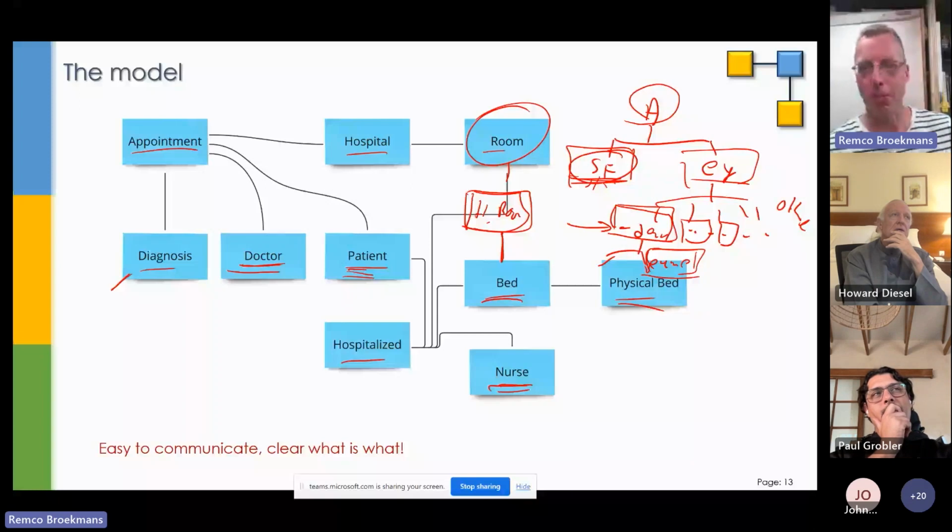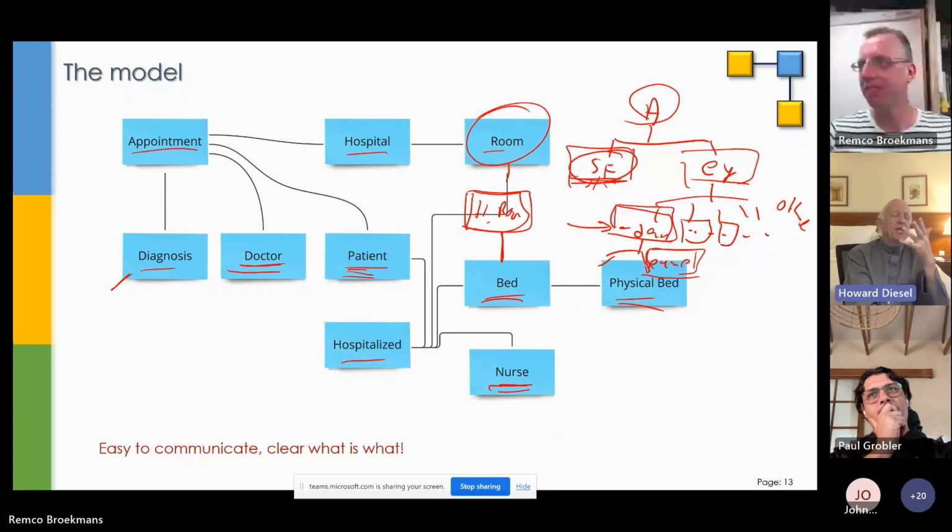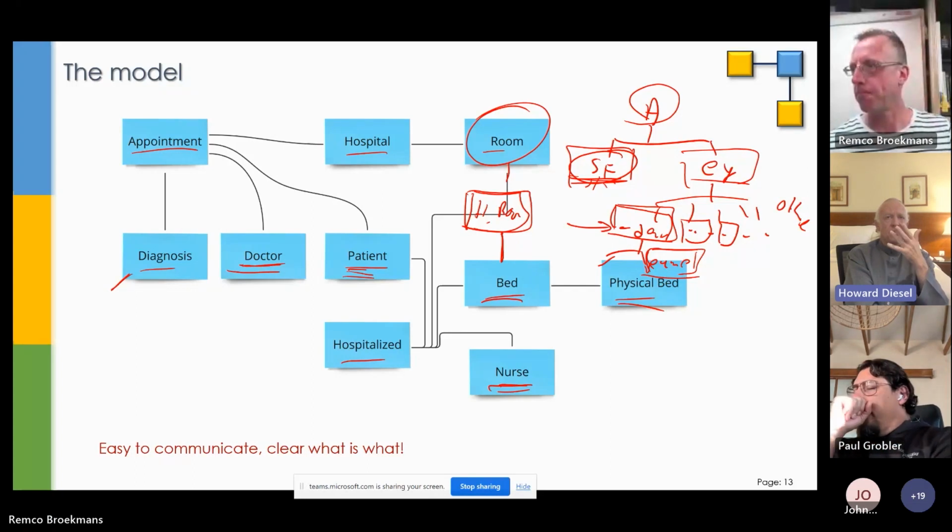So, yeah, you might want to add that relationship as well. But again, that's business driven. Business must lead you in that. Then one question that Ross asked, which is very interesting, is